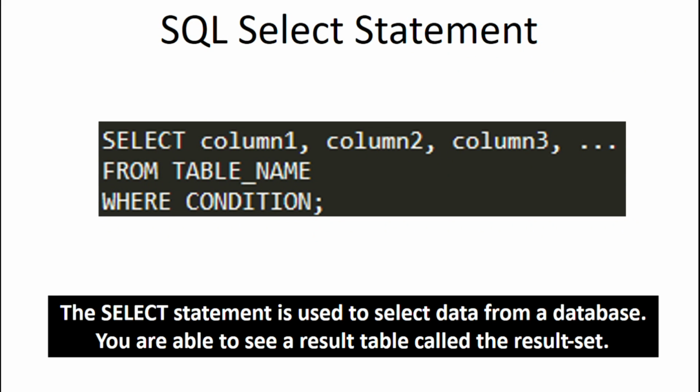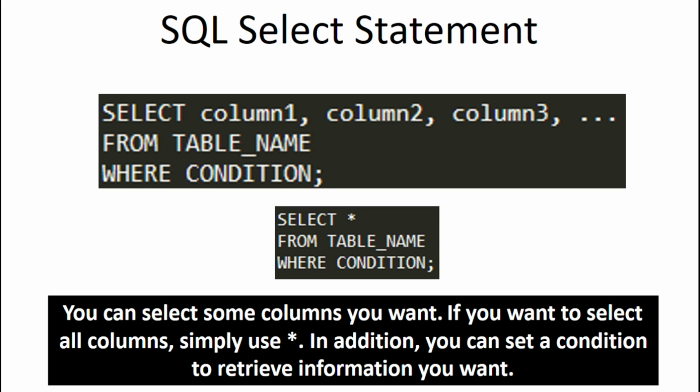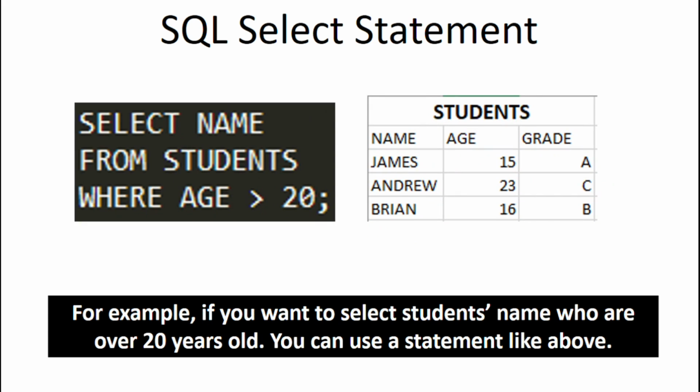The select statement is used to select data from a database. You are able to see a result table called the result set. You can select some columns you want. If you want to select all columns, simply use star. In addition, you can set a condition to retrieve information you want. For example, if you want to select students' names who are over 20 years old, you can use a statement